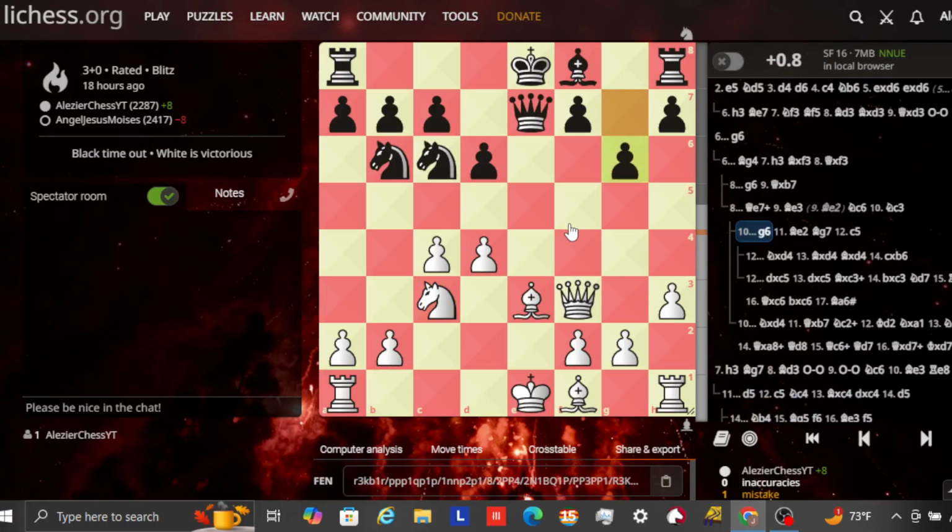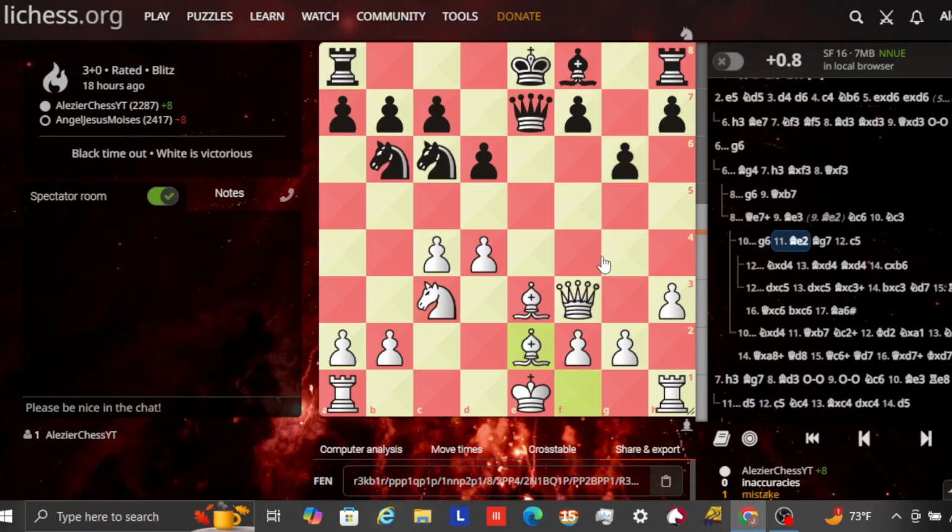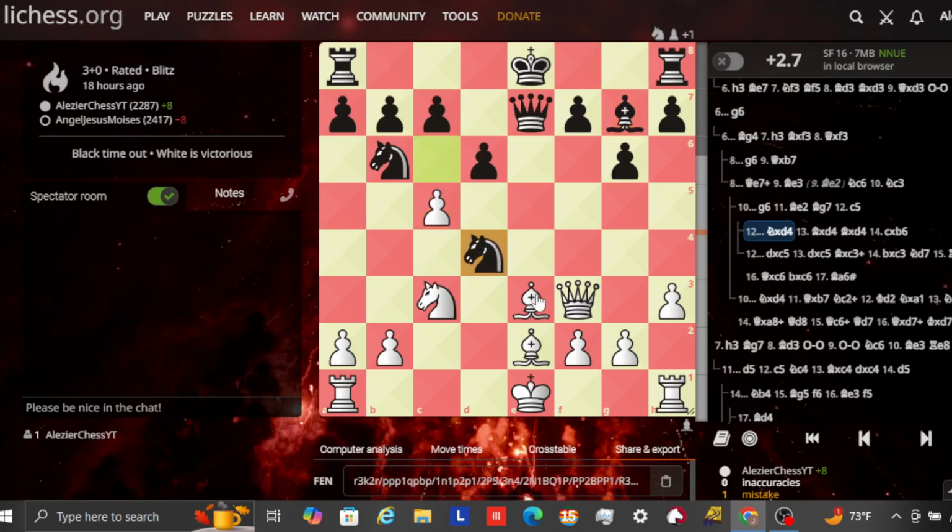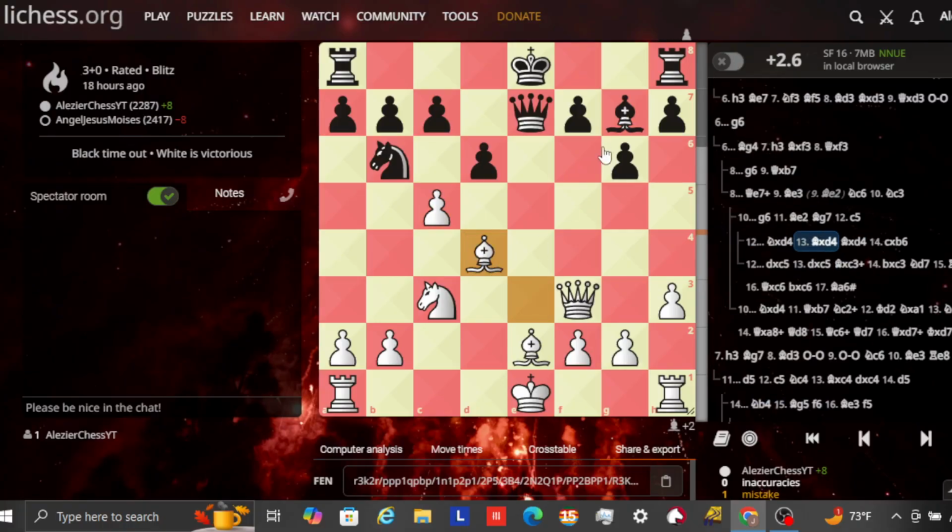So here, if black plays g6 now, we have bishop to e2, breaking the pin. So now knight takes d4 just straight up hangs a piece, because there's no pin on the king anymore. And after bishop to g7, pawn to c5 is playable. And after c5, there's no knight takes d4 because of bishop takes knight. And on the recapture, this knight on